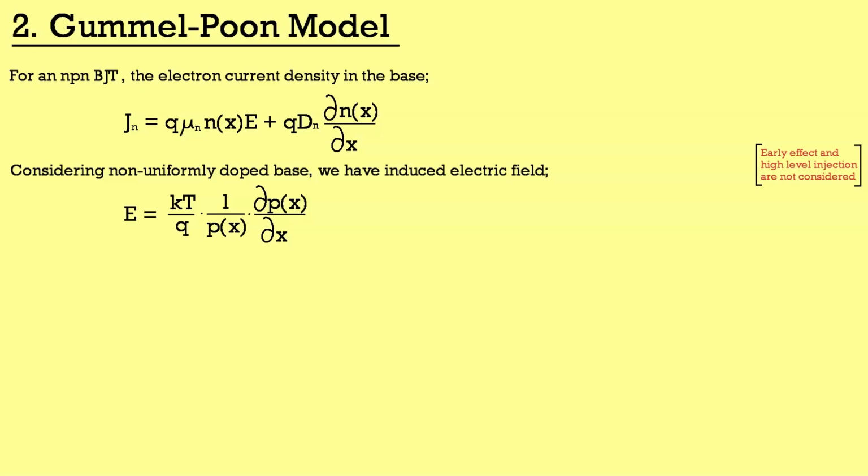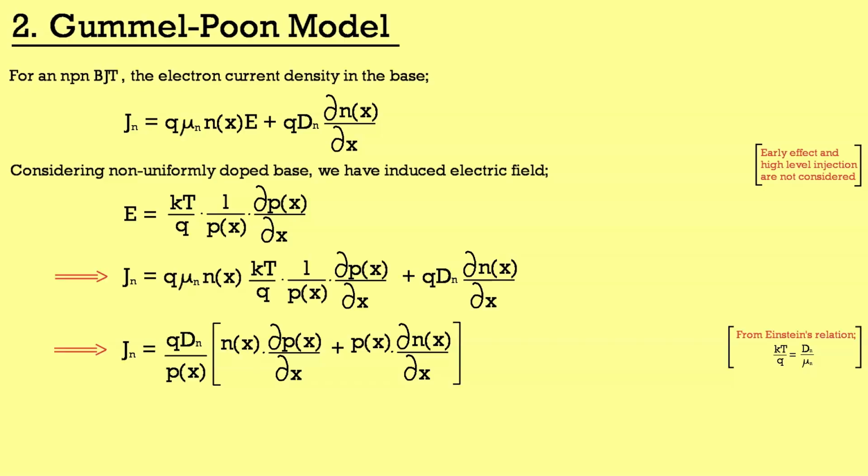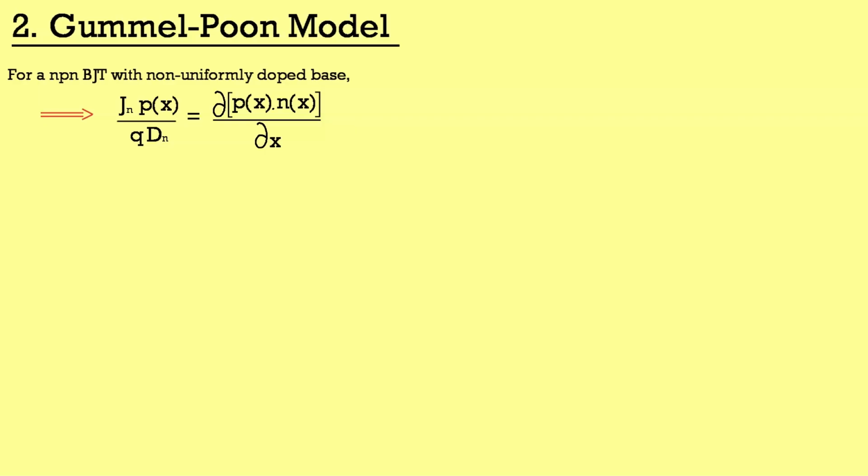After substituting the value of induced electric field, we will get this expression. Using differential equation basics, we find that the terms within the bracket can be modified to the gradient of hole concentration into free electron concentration. Therefore, the expression which we are left with is free electron current density into hole concentration divided by diffusion constant of free electrons into magnitude of charge on an electron to be equal to gradient of free electron concentration into